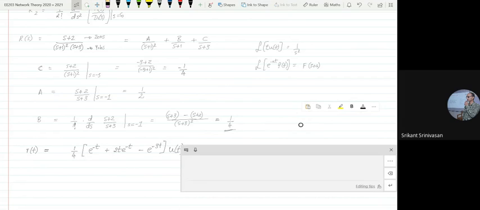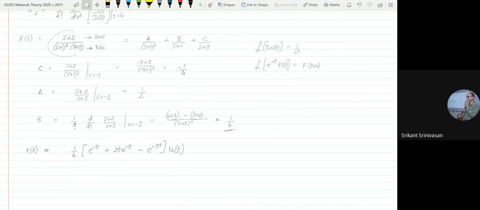For example, if my function is of this form, I have s plus 2 in the numerator and in the denominator (s plus 1) squared and s plus 3, then I break it up into partial fractions. After that, I find the residues. Whether or not I know the residues, I know the form of my final answer, because an s plus 1 term becomes exponential of minus t. An s plus 3 term becomes exponential of minus 3t. And (s plus 1) squared becomes t times exponential of minus t, right? The extra 2 is just a residue that came from the numerator.